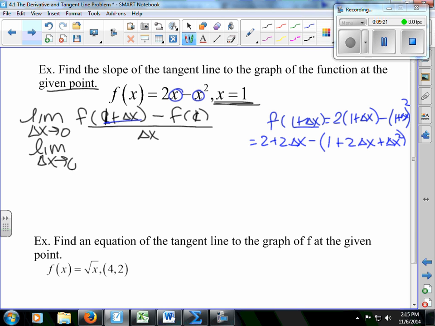Don't forget to distribute your negative. All right, and then we'll collect like terms. I'm going to collect like terms as I plug it in. So my f of 1 plus delta x is negative delta x squared plus 2 delta x minus 2 delta x plus 2 minus 1 plus 1